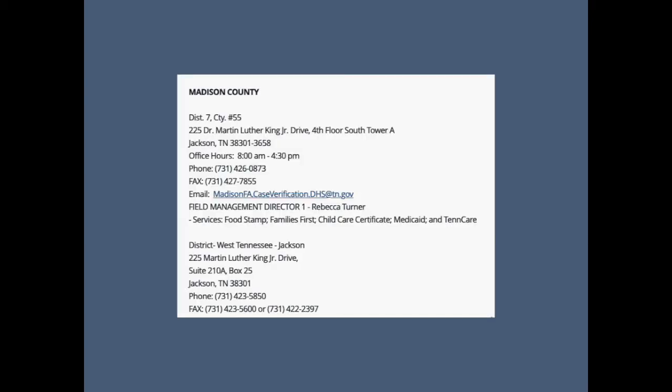If you continually look at TANF in terms of the agency level, we looked at the federal level, the state level, and here's the county and regional district office level. So you have the District 7 office, and then you specifically have, like, the Madison County office represented here. So you see that reflected in the local contact information. So just understanding the multiple levels of government and agencies that go into a particular program.